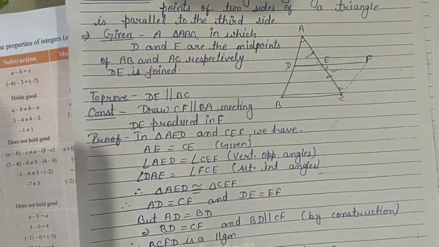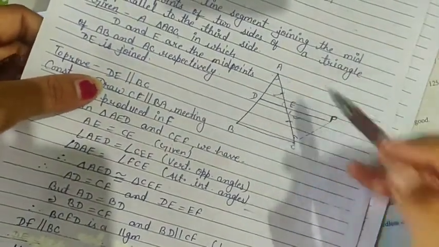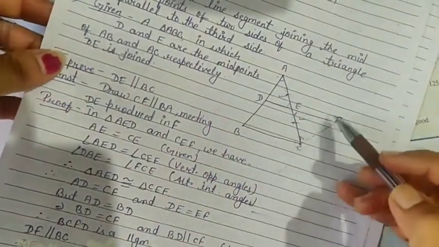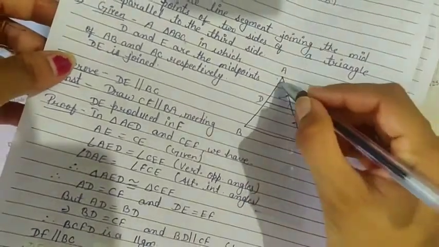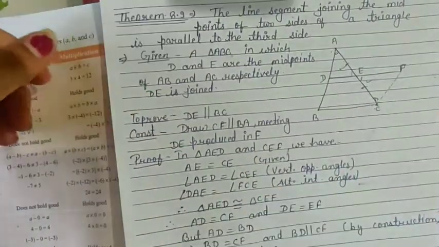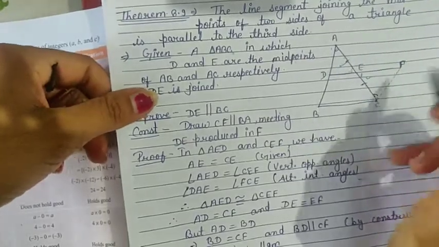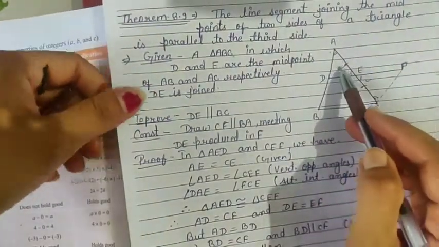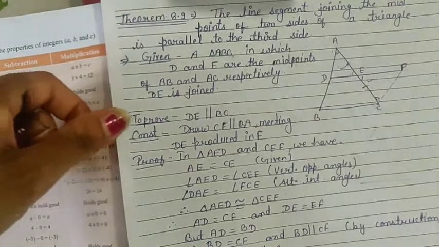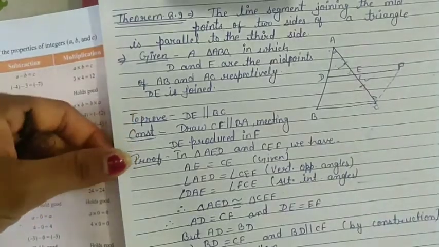These two angles are alternate interior angles because AD parallel to CF, because AB parallel to CF, it means AD is a part of AB, so it will be also parallel to CF. AD parallel to CF and AC is a transversal, it means these two angles are alternate interior angles, so these two angles will be equal. These two sides are equal, these two angles and these two angles are equal. It means this triangle AED and this triangle CEF are congruent to each other by which property? ASA, two angles and their included side.